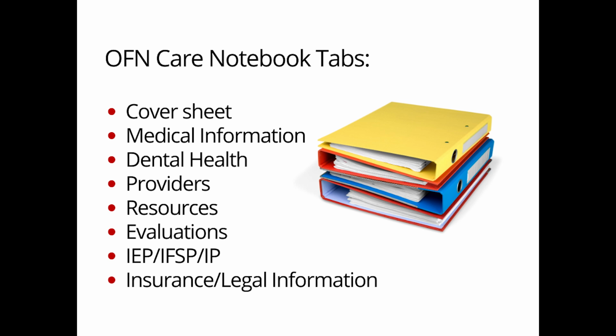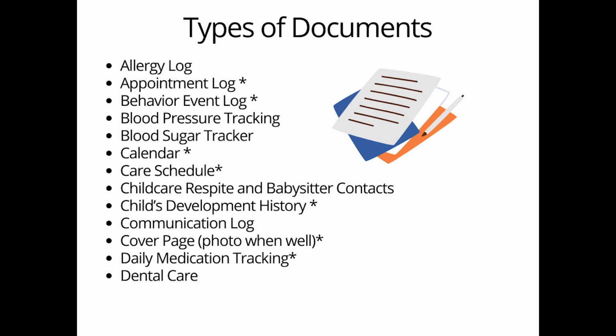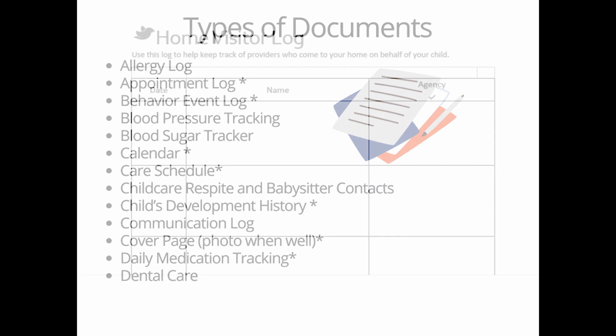This is a post-graduation evaluation. So you can even get them more specific to what you're wanting. Some of the documents that we have, and again, I want to stress that you can get all of these documents on oklahomafamilynetwork.org. Go to our resources and training, scroll down, and you'll find our care notebook